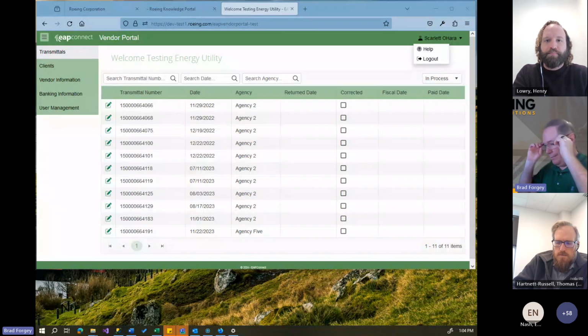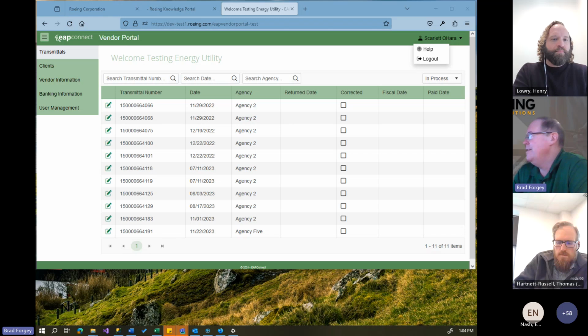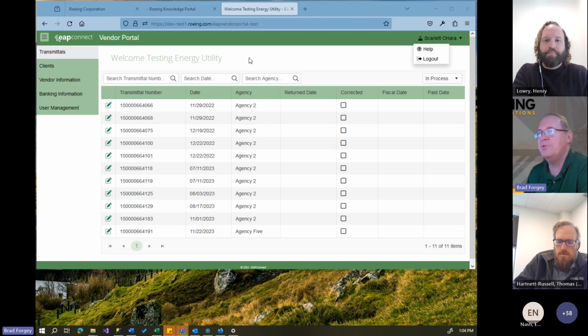It's what you would see on a lot of websites today when they ask, do you want to sign in with Microsoft, Google, Facebook, all those different types of sign-ins? We're doing the exact same type of thing here. We're just doing it against Microsoft accounts, since most corporate accounts are that. So once you get logged in,